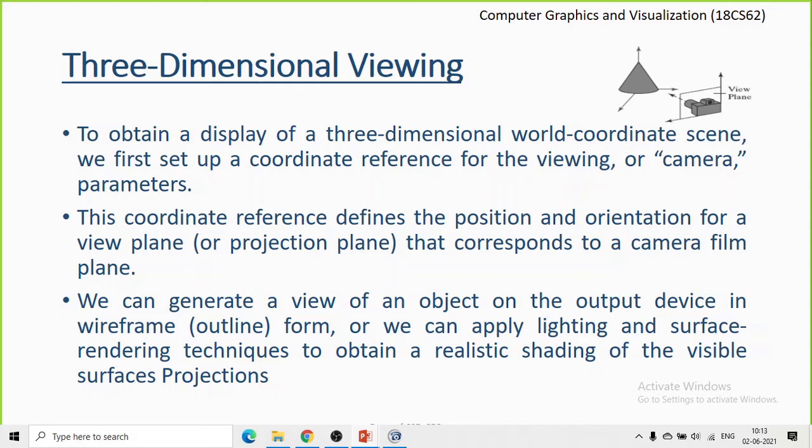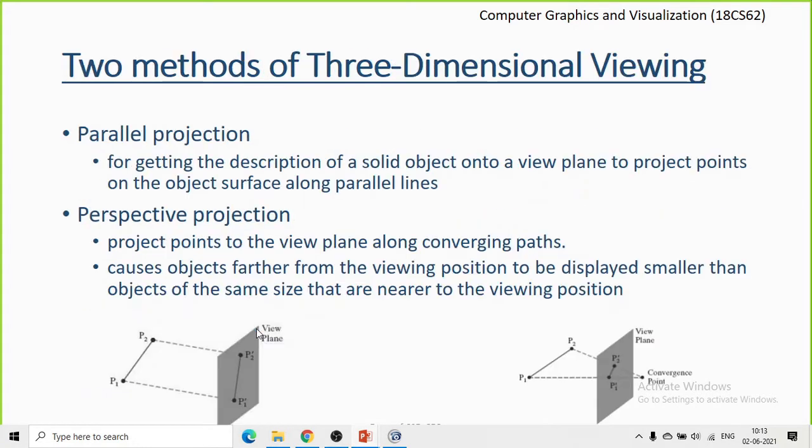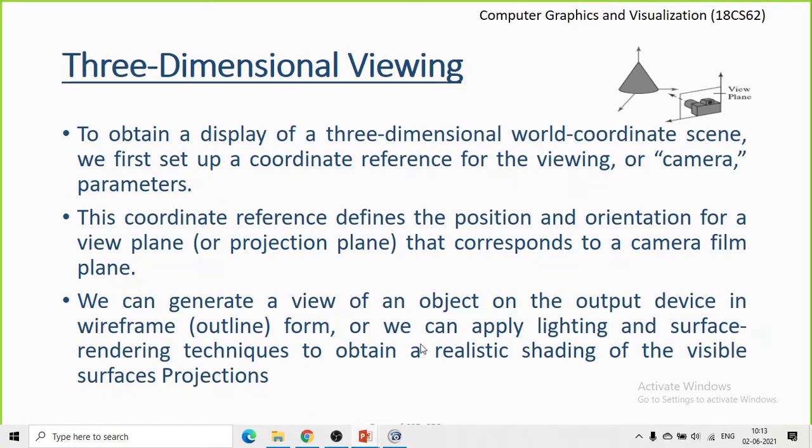We can specify the ambient light, the type of diffuse reflection, the type of specular reflection, and how to specify the shininess for a given object. We have specified all these things. The same things can be applied for a given 3D object if we want to draw it with proper lighting and surface rendering.